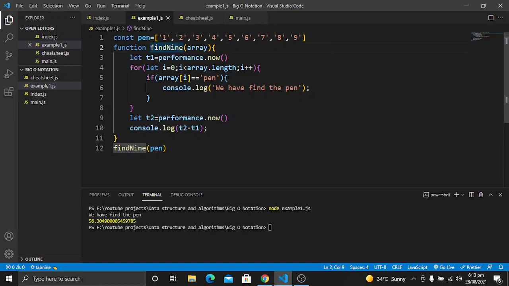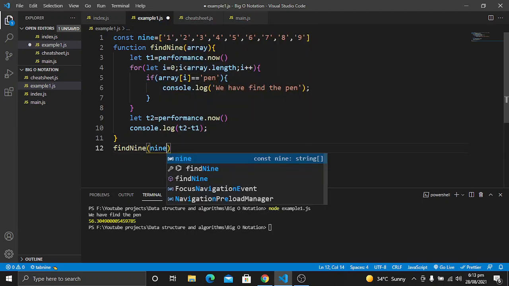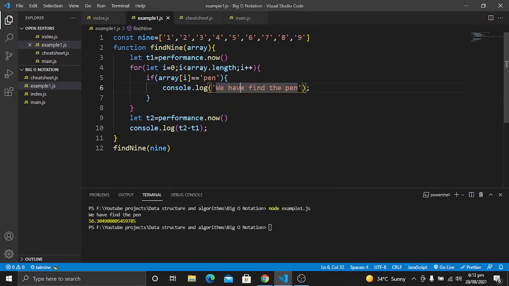Let's save it, and here also change this array name. When we iterate through this array, we check if this item is equal to 9, then we log that we have found the number. Let's save it, and now we will calculate how long it takes to run this function.